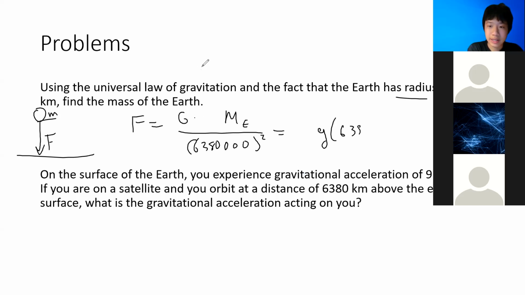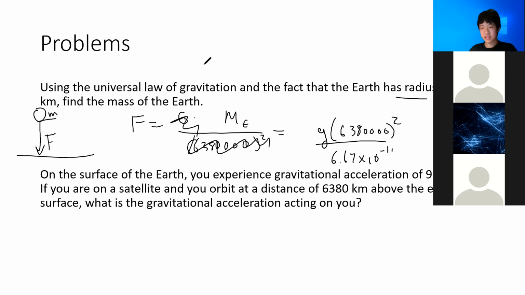So what's the mass of the Earth going to be? g times 6,380,000 squared divided by big G. And if you don't remember what big G is, it's 6.67 times 10 to the negative 11th. So this is the mass of the Earth. If we calculate this, we'll do 9.8 times 6,380,000 squared, and divide that by 6.67 times 10 to the negative 11th. So our answer is going to be